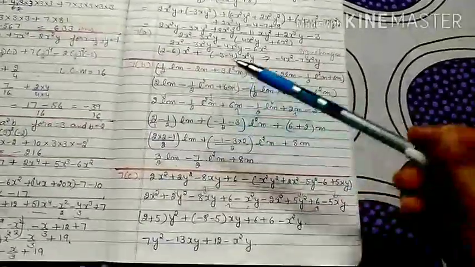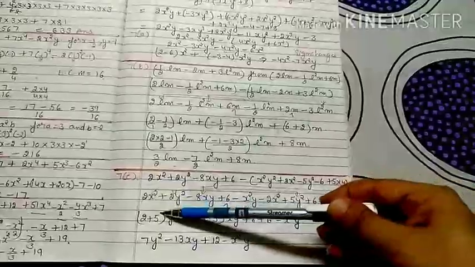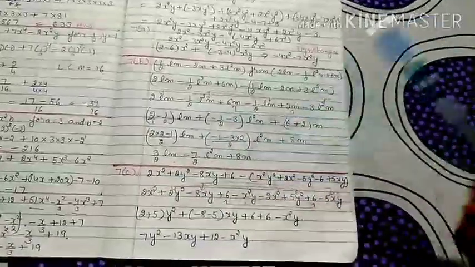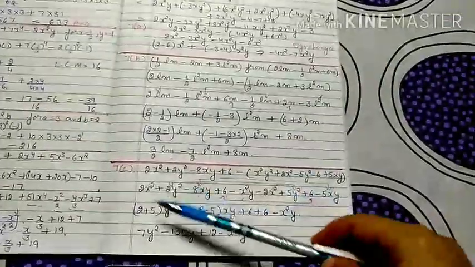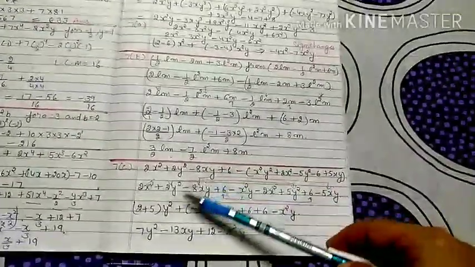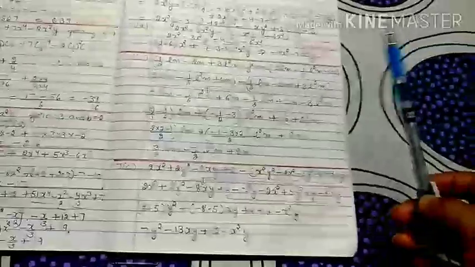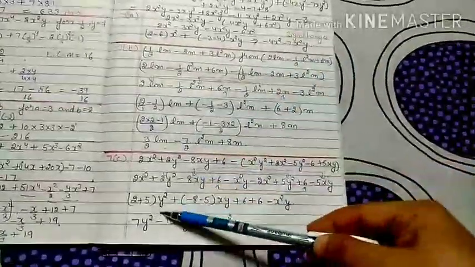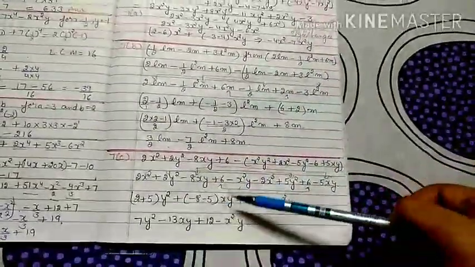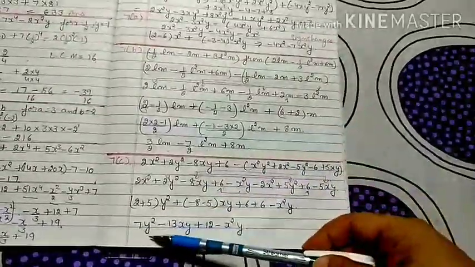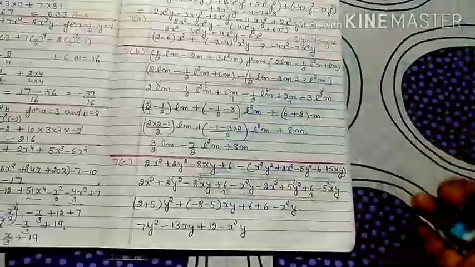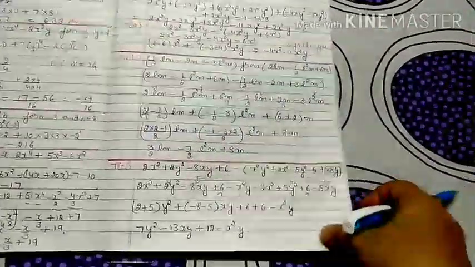After that you equate the like terms. If any cancellation is there, cancellation means the same term with opposite sign is available, you can directly cancel, and other like terms you have to equate at one position for ease of calculation, like 2 plus 5y square minus 8 minus 5xy, 6 plus 6 minus x square y. After that it gives me 7y square minus 13xy plus 12 minus x square y. Now your eighth question is